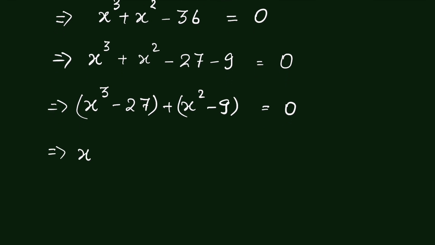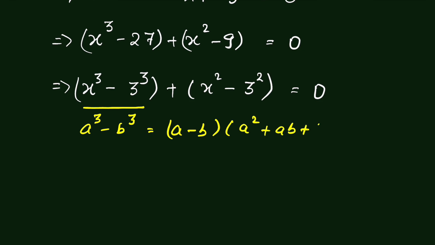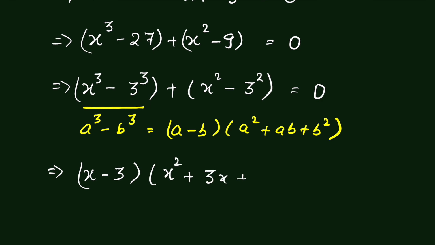Or x cube minus 27, we can write it as 3 to the power 3. Then plus x square minus 9 as 3 to the power 2 is equal to 0. Now it is in the form of a cube minus b cube, and this we can expand as a minus b times a square plus ab plus b square. So we can write it as x minus 3 times x square plus 3x plus 3 square, then plus again